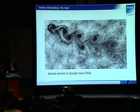Volker showed earlier a great example of vortex shedding at lab scale. Well, it happens at all scales. This is actually vortex shedding in the wake of a mountain. It's a terrific flow visualization in clouds. We have, of course, wind moving this way, and you can see a very nice organized vortex street. So there's periodicity in that. The vortices are shed at a rate, and that creates